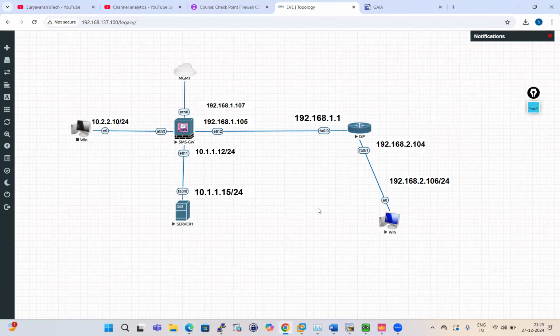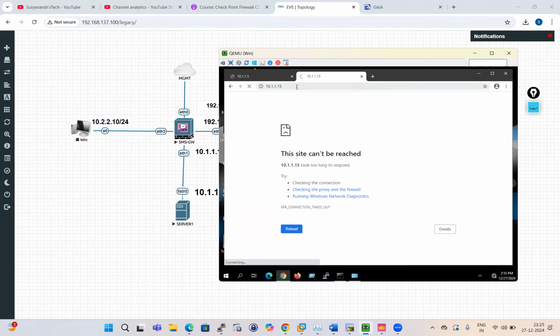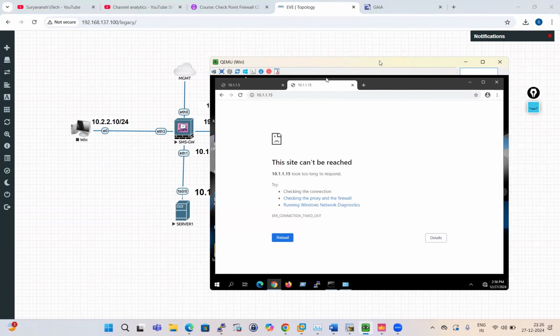lab. Our goal is that this is a PC hosted somewhere on the internet, and from this PC we'll try to access this DMZ server. If I show you, I'm not able to access it at the moment. Basically this is the server, and this is the router. I have made it an HTTP server. When I try to access it from the internet PC, I'm not able to. Once we implement the rule, we will be able to access it